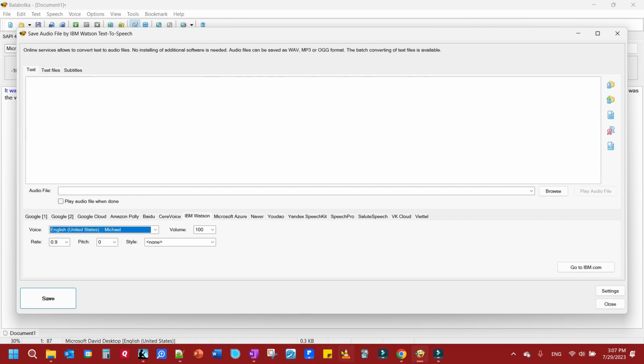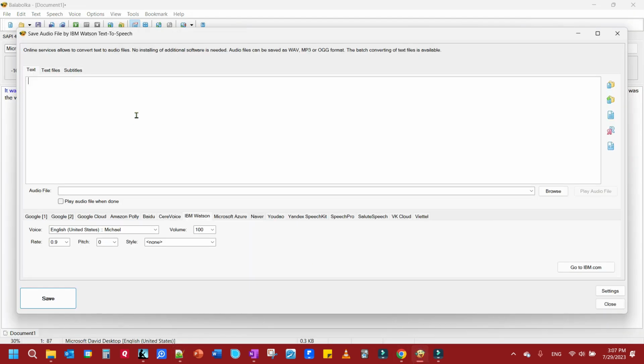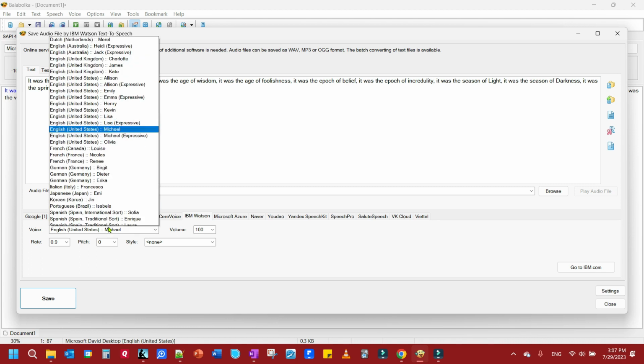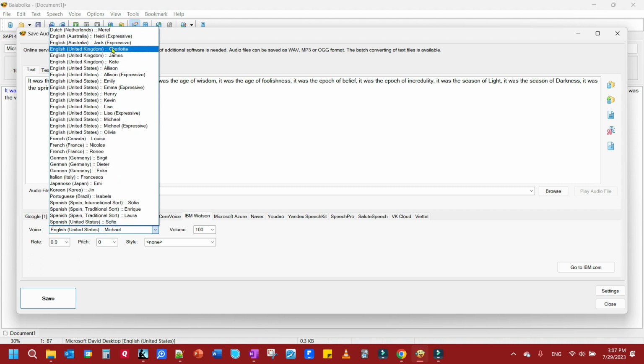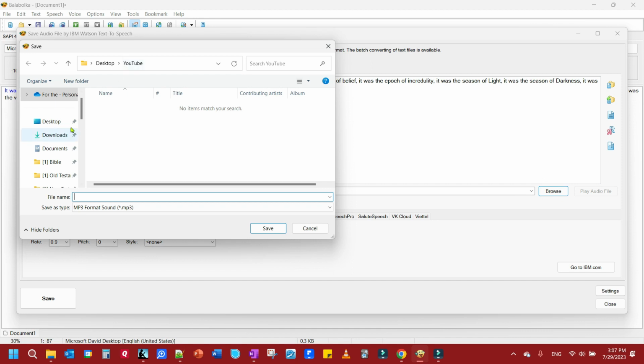So I'm going to take this text and we're going to do two different voices here. Let's start with a British voice. Now you can import your text file, but you can also just paste your text directly in, and that's what I'm going to do. So we got the text in here. We're going to select a British United Kingdom. Let's go with Charlotte. And once you've got your language selected, you want to browse, you want to go save it somewhere. And I got a folder on my desktop, YouTube folder. We're going to call this British,